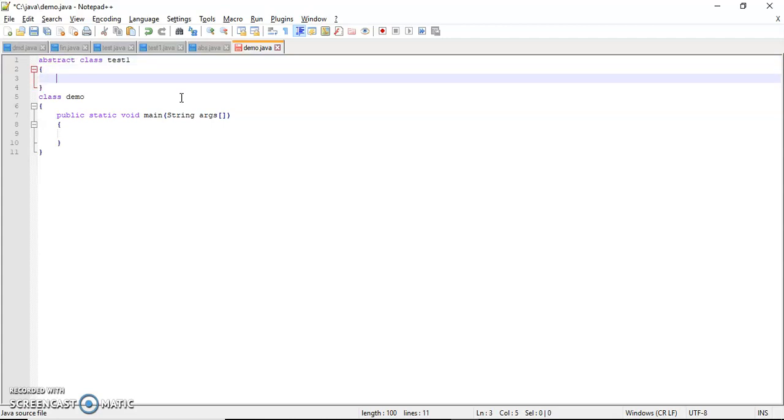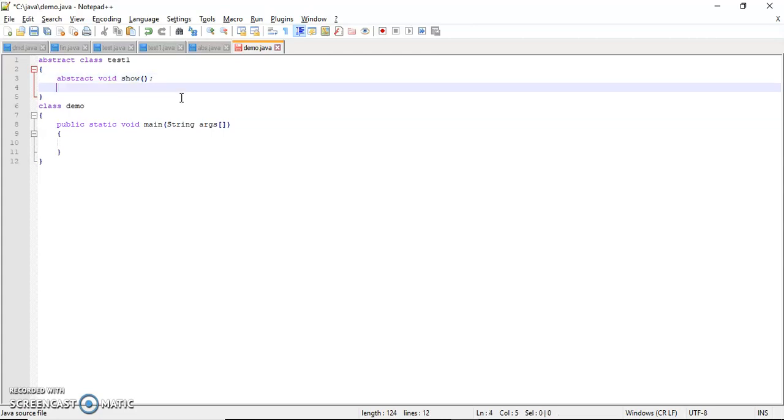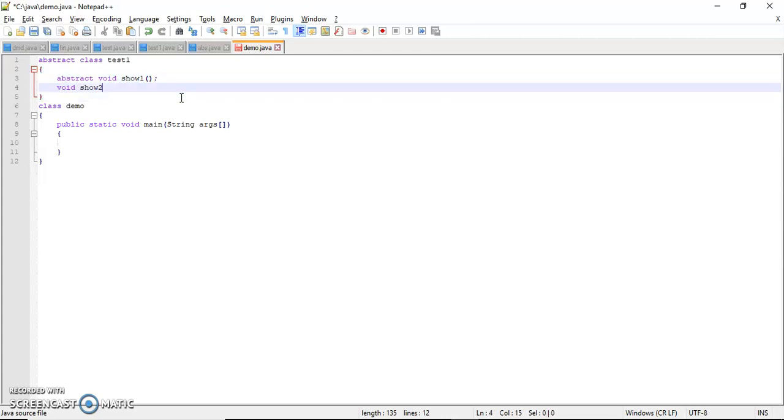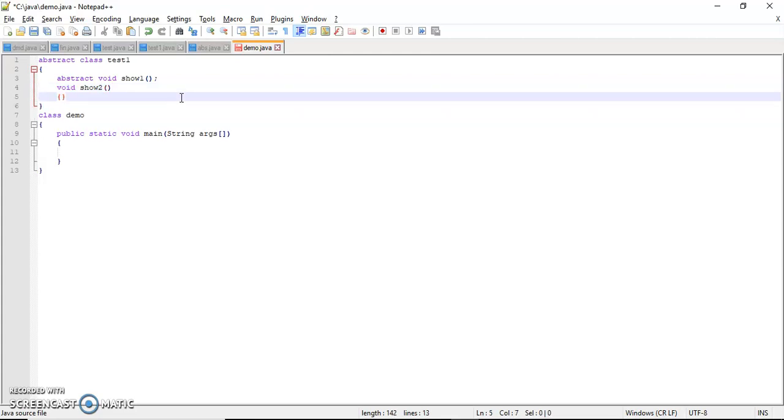Now we prepare one method, abstract void show1. Okay, so this is the show1 method, and one more method, which is a concrete method, we are also creating here: void show2. So show1 is the abstract method, and show2 is not an abstract method, it is a concrete method.